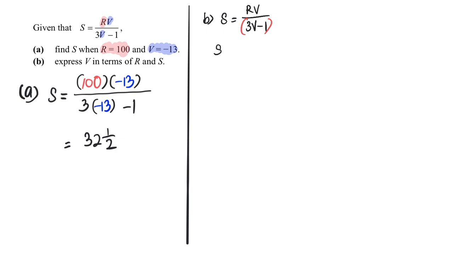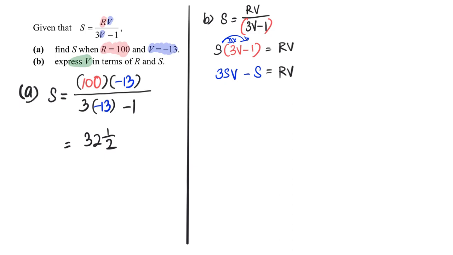so that you can then see that there will no longer be a denominator. Okay? And after which, I'm going to expand and simplify. 3SV minus S times 1 is S equals R times V, and they want V to be the